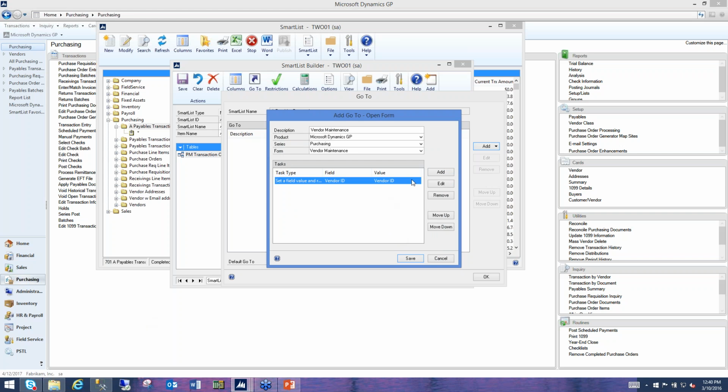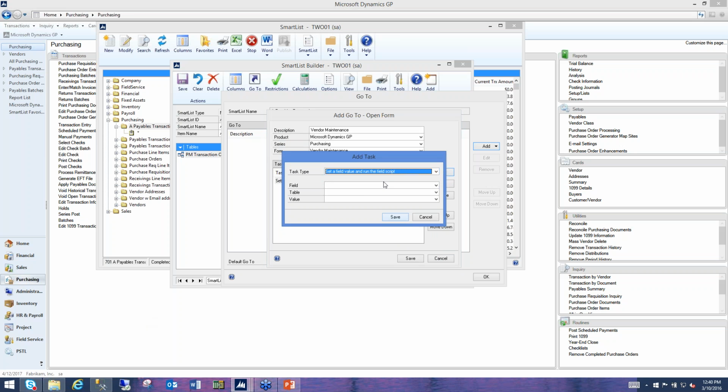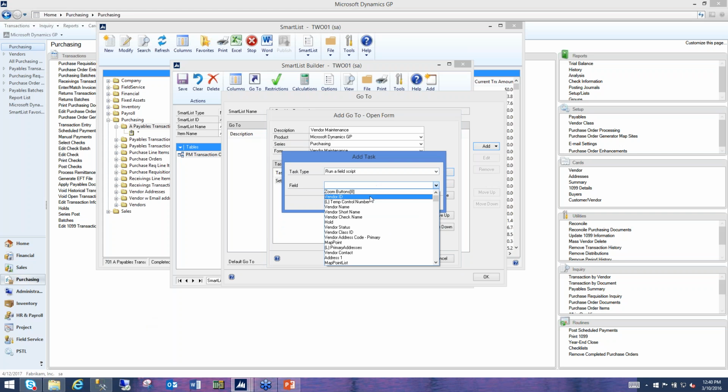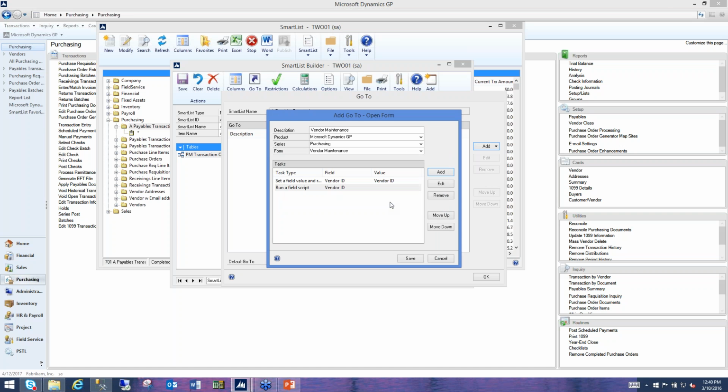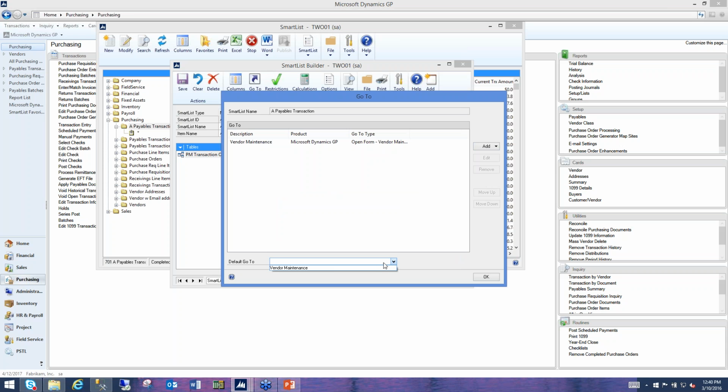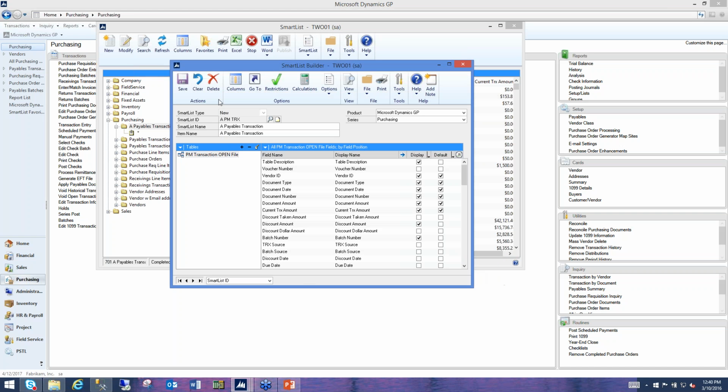and save, and then I'm going to go ahead and have it run a script at the end as well. So once it populates it, then it'll run a script. That just means, in essence, kind of like the tab. It's going to tab off it and populate the window. So I'll click Save, set that to be the default go-to. And now when I click Save here and I run the SmartList,